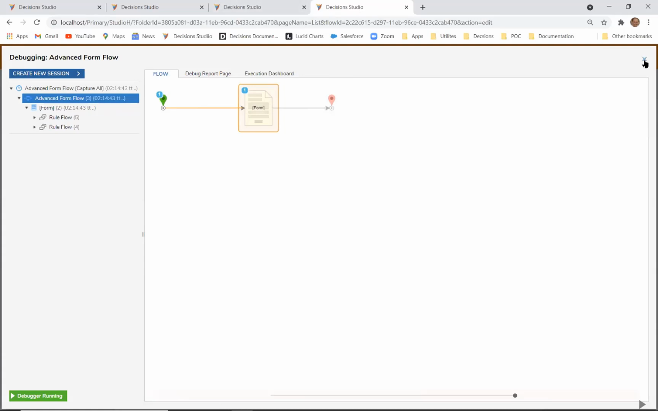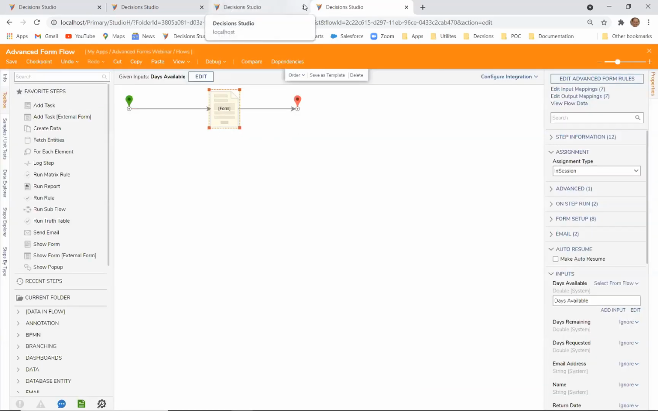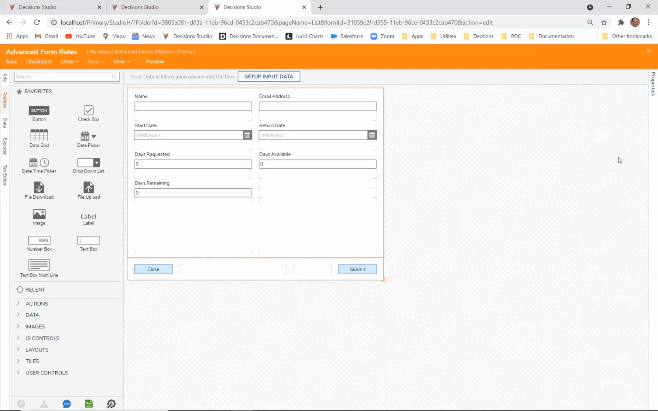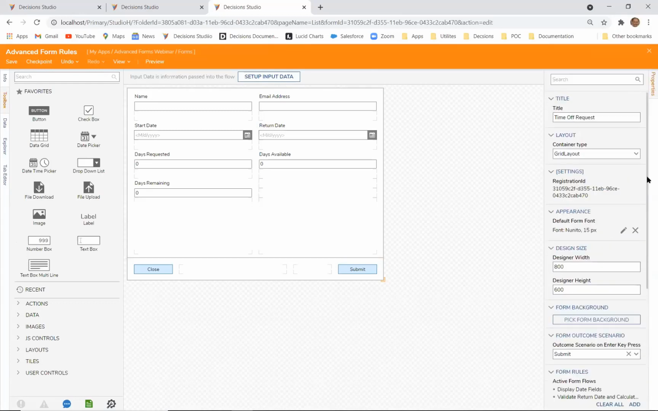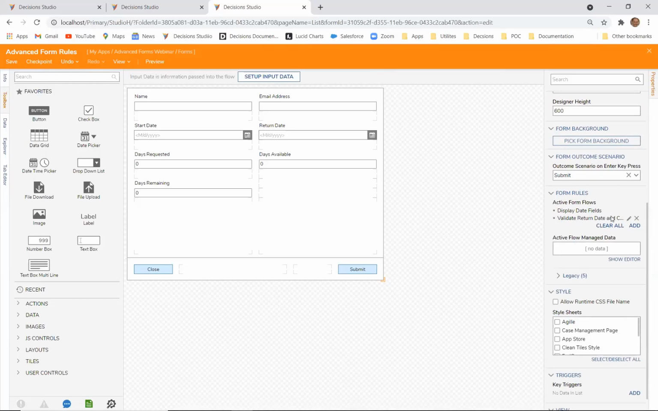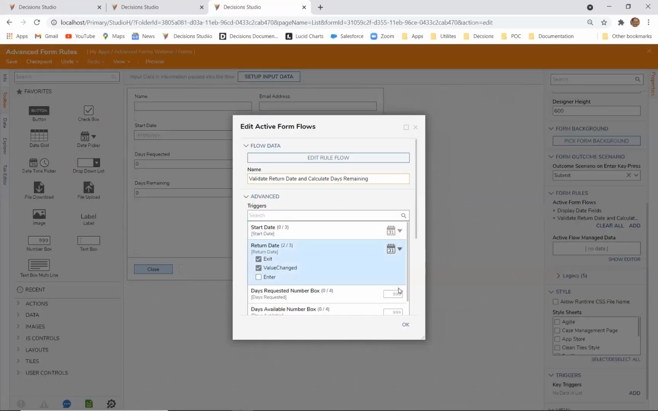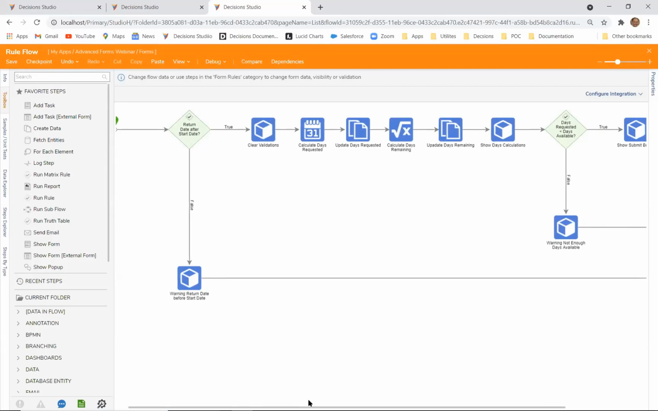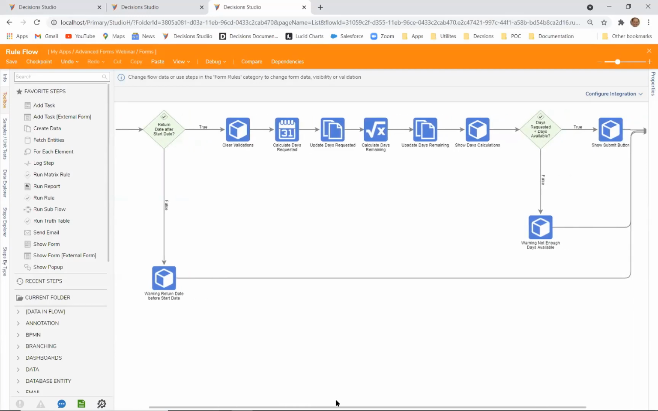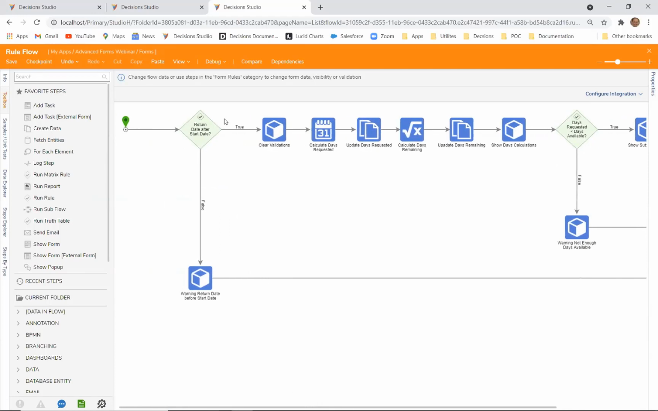So what we could do at this point is go back into, I'm going to just close this in case I was getting things confusing. We'll go back and edit our form, go to our properties for it, and then we'll come down here to our validation rule. We'll edit the rule flow. And now you can see in this particular scenario, which is very different from the previous versions of Decisions, I actually have a full flow that I can make